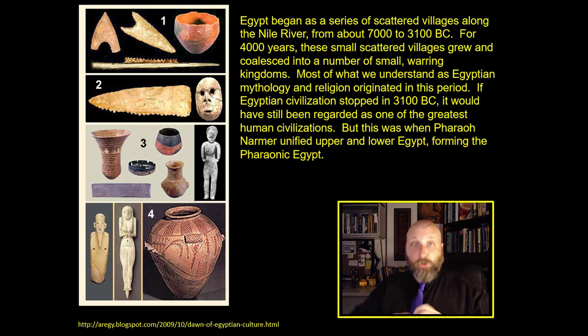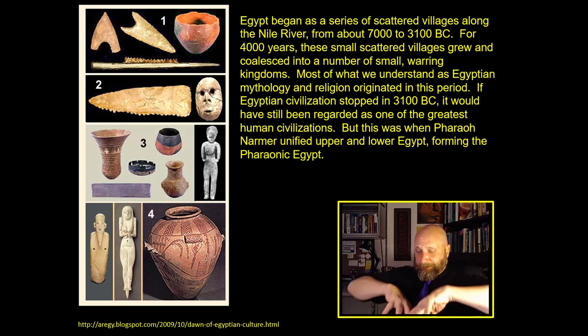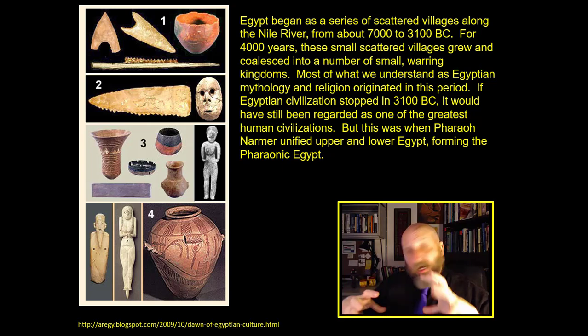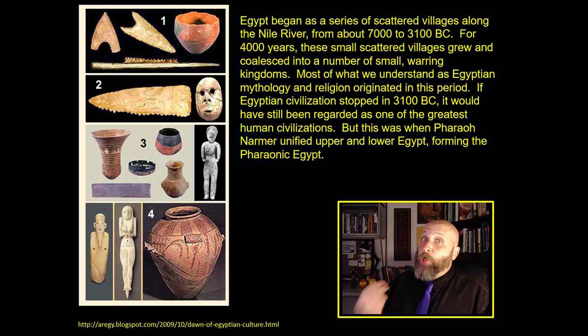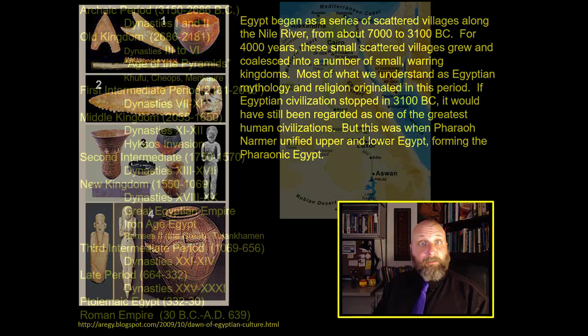This long, slow period of development where Egypt gradually progressed from villages to towns to small kingdoms, and eventually into a series of about half a dozen kingdoms that eventually coalesced into two larger kingdoms, Upper and Lower Egypt, and then they were eventually unified by the first king of unified Egypt, a person we call the Pharaoh Narmer, even though they weren't actually called pharaohs until much, much later. And those are some artifacts on the left from pre-Pharaonic Egypt. It was truly a remarkable civilization for hundreds of years before they even thought about building a pyramid.